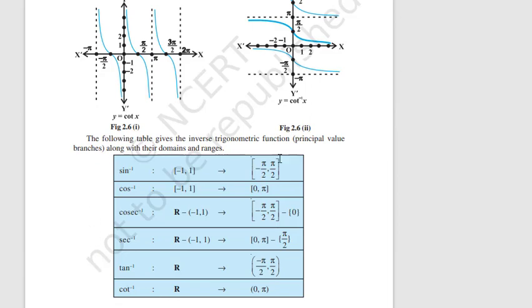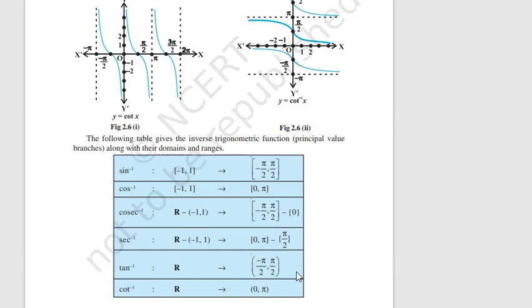We have seen this table that for sine inverse, for cosec inverse and for tan inverse, the principal value branch is minus pi by 2 to pi by 2. For sine inverse, it is minus pi by 2, pi by 2 both are included. For cosec inverse, minus pi by 2 plus pi by 2 they are included, but 0 is not there. And for tan inverse, from minus pi by 2 to pi by 2, both minus pi by 2 and plus pi by 2 are not included.